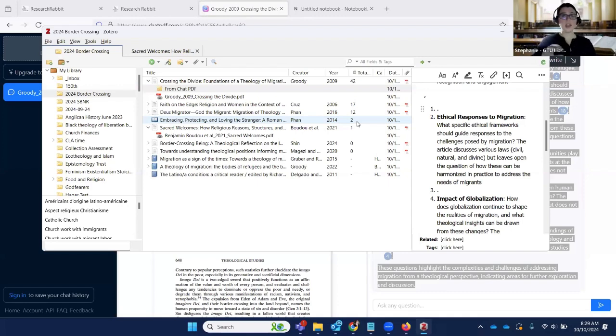If you find language within Chat PDF or any of these language models, you've got to be really careful and make sure to cite that. And even before you cite it, make sure you have a conversation with your professor about, is it okay for me to take a sentence from Chat PDF, or do I need to restate this in my own words? Even journals out there are developing statements where they won't accept any AI generated writing or even AI generated graphics,